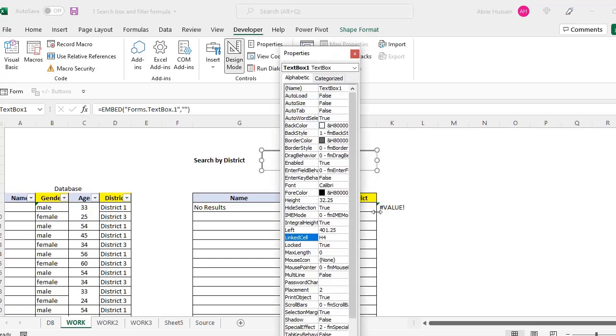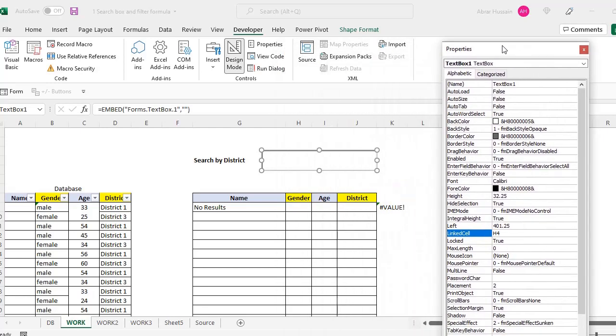Now in this properties window, you need to link a cell to this text box. So this is the option, linked cell. What I have added is H4, H and row number 4.